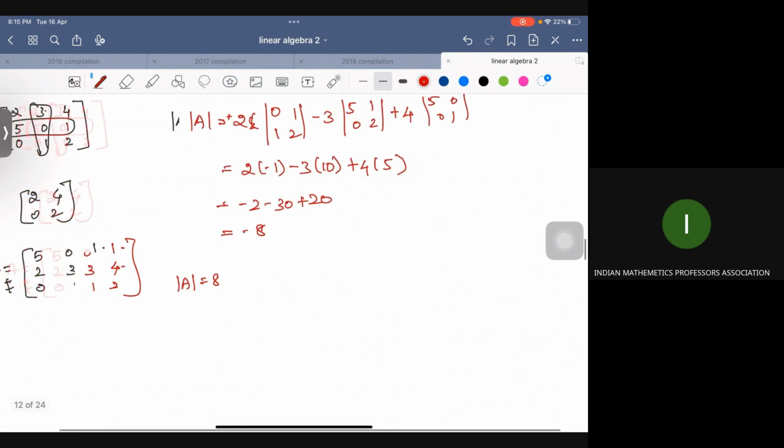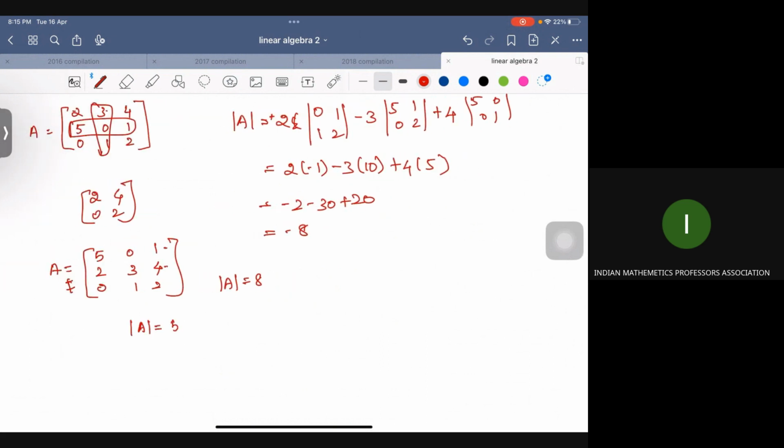So let us take this determinant. The determinant of A is nothing but 5 into 3 2s are 6 minus 4, minus 0 into what? We don't need to compute this because 0 into anything will be 0, plus 1 into 2 minus 0. Minus 10, sorry, minus 10. Here, by changing its sign, it will be